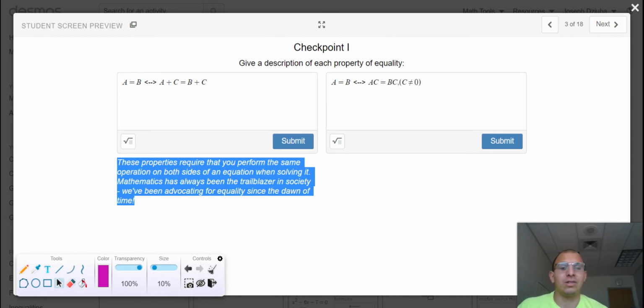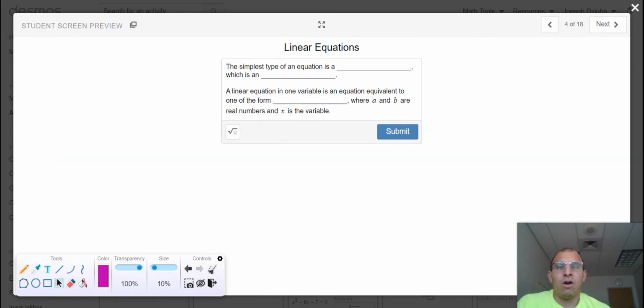Mathematics has always been a trailblazer in society. We've been advocating for equality since the dawn of time. You might remember this phrase growing up where an older brother, sister, parent, teacher, authority figure would always tell you to treat others how you want to be treated. Well, equations have been doing that for millennia. We've always treated one side of the equation the same as we've treated the other. Don't start changing things now. All right, so just give us a quick description using some arithmetic operations that you see with your eyes, and we'll take it to our first set of specific equations, that being a linear